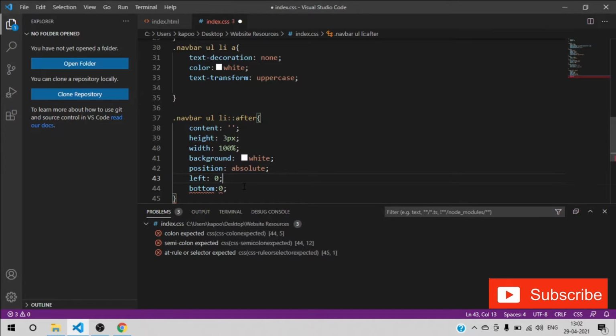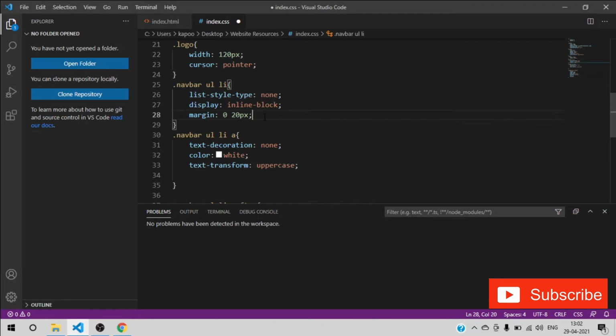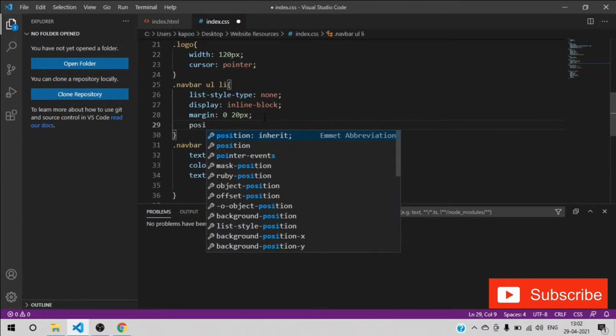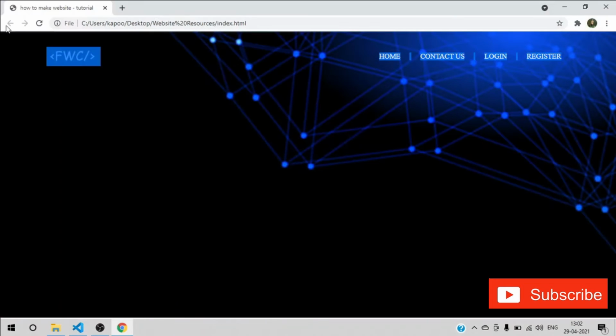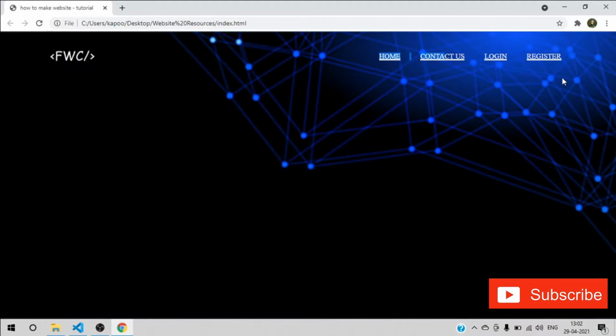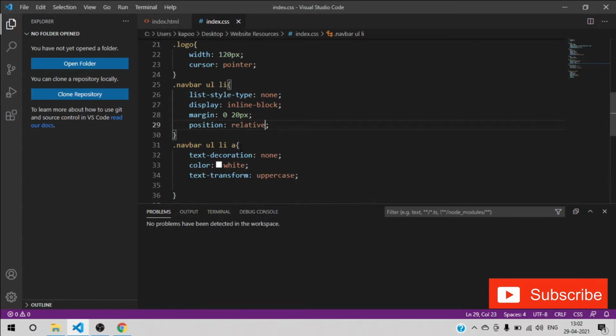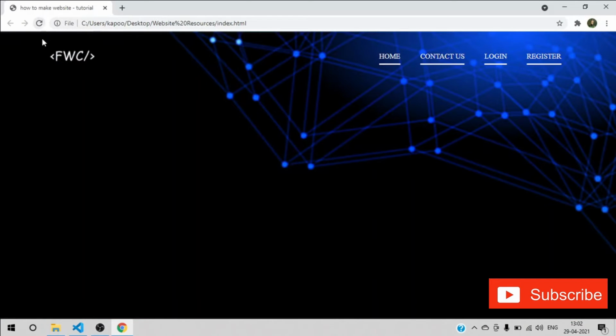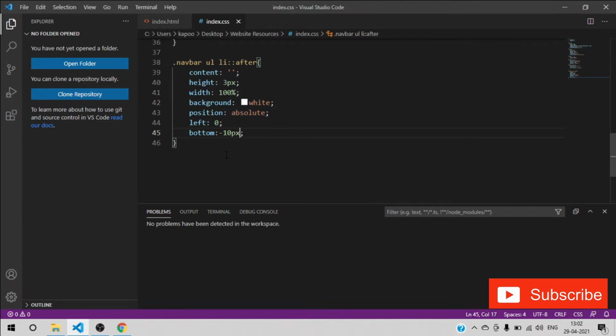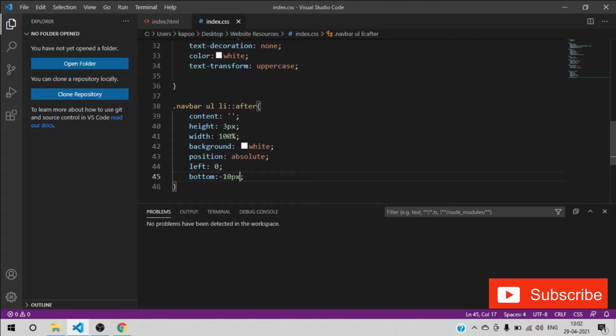So then what next we have to do is give the position as relative and refresh it, then we will be having a line below all the navbar items. Okay, just give the bottom as -10px so it looks much prettier,